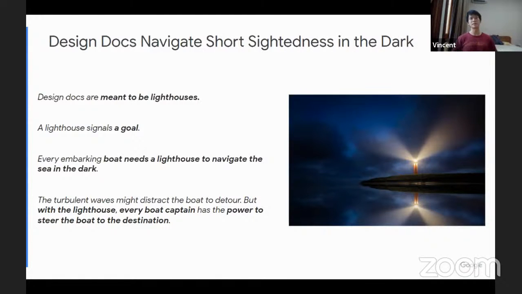And what do I mean by that exactly? Let's try to replace some of the words with terms that we know. For example, the dark is unrealized data projects, the boat is you, and the lighthouse is design docs. So what this means is that whenever we work on a certain data project in a data team,